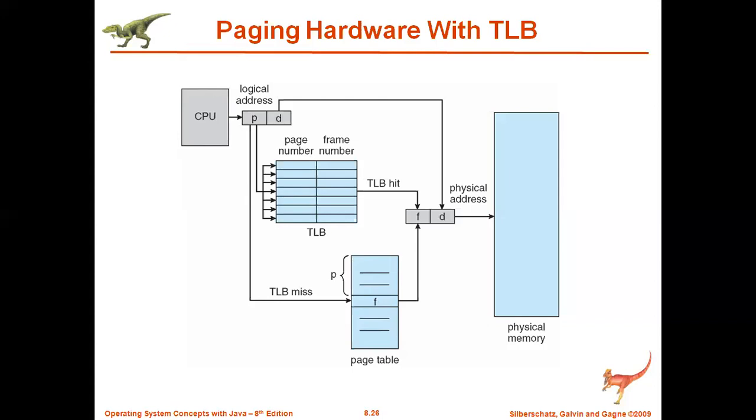Yes, sir. The TLB, the translation lookaside buffer, is nothing but a hardware device. The most commonly used or recently used pages will be stored in it. If the CPU is able to get the page there, that is called a TLB hit. If it is not getting it, then it is called a TLB miss. Then, as usual, in the remaining procedure, add the frame number with the address, then you will get the physical address, then the CPU will get access and contact memory. So this is what we call paging hardware with the TLB.